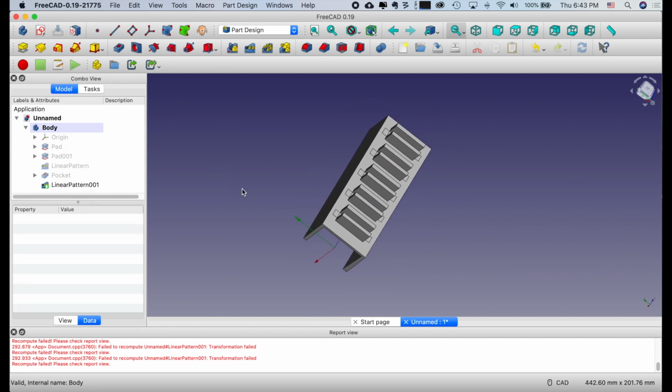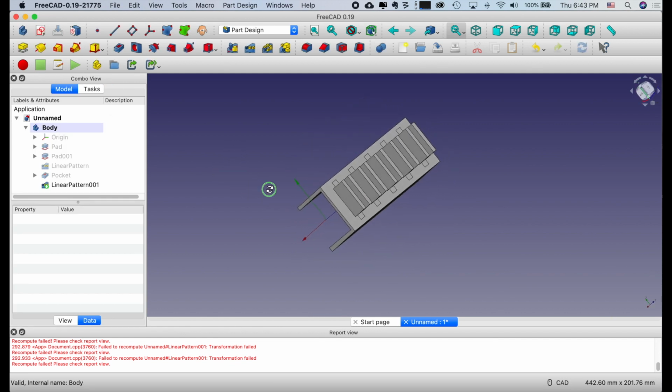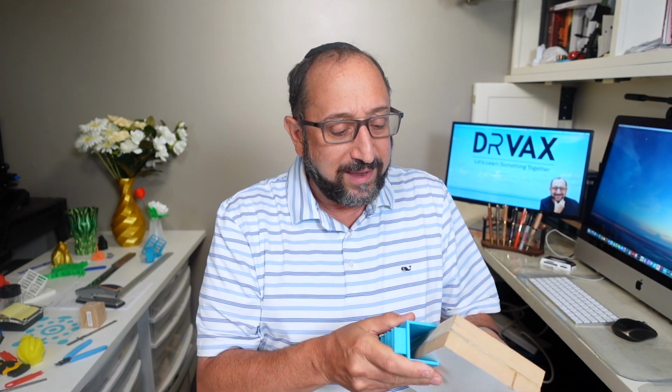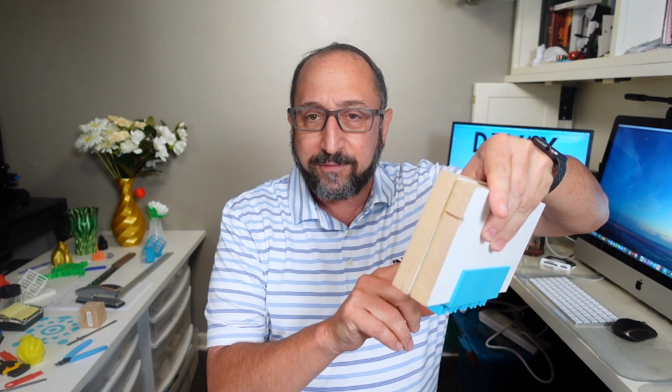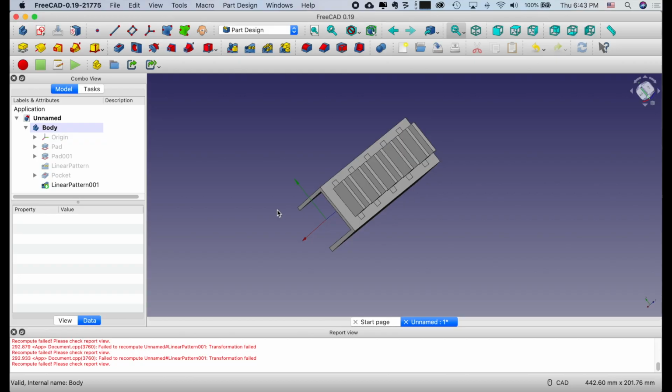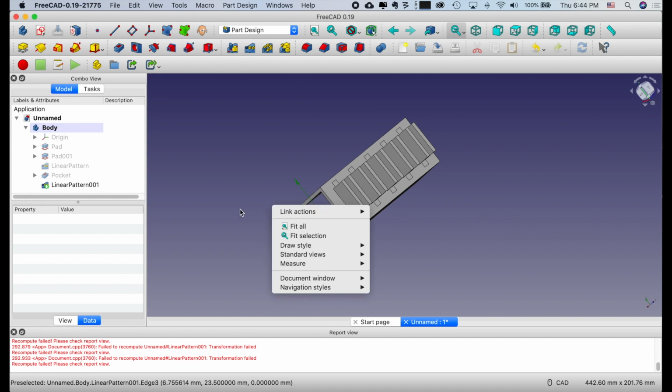Now our part's pretty much complete, but there's one last thing we want to do. To be able to get this to slide on, I'd like to have a little bevel on these edges to make it just a little easier to slide on here. We still want it to hold, so there's no bevel inside, but we'll put a bevel on there. Well, a bevel in a CAD program is called a fillet or a chamfer. So we're going to go and